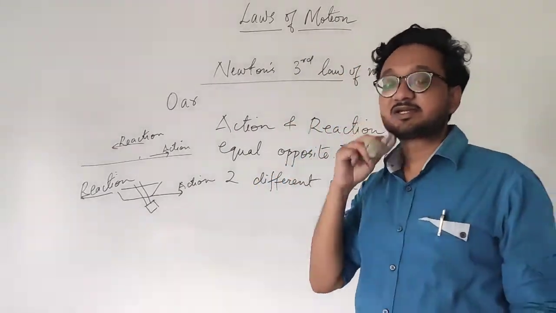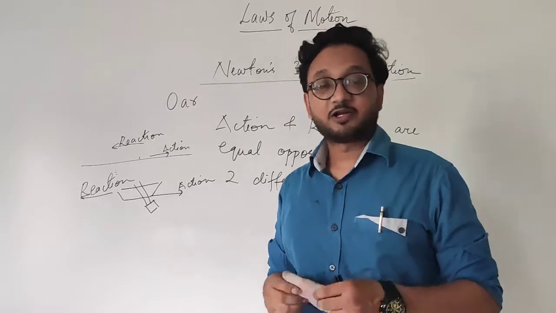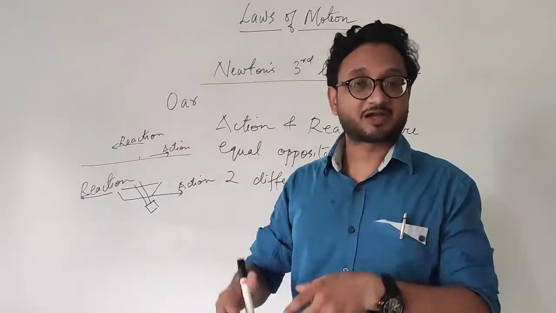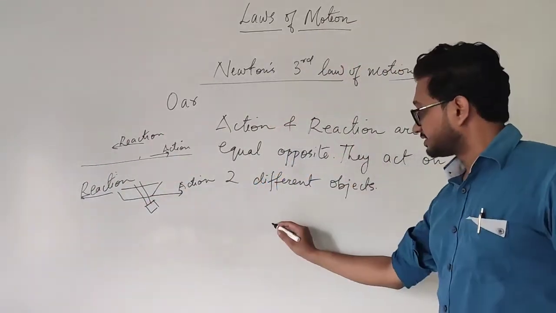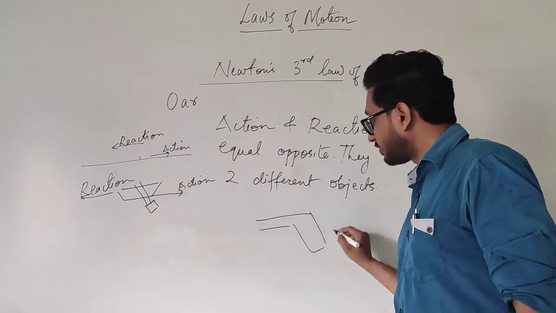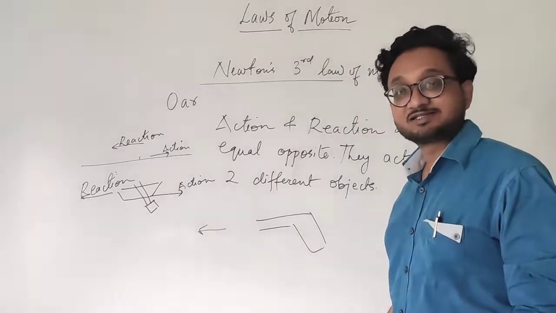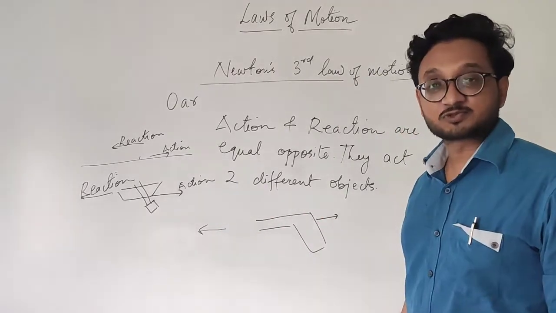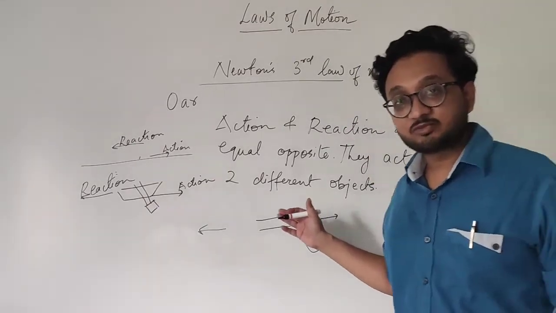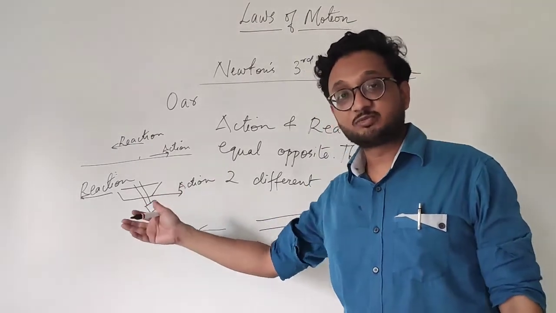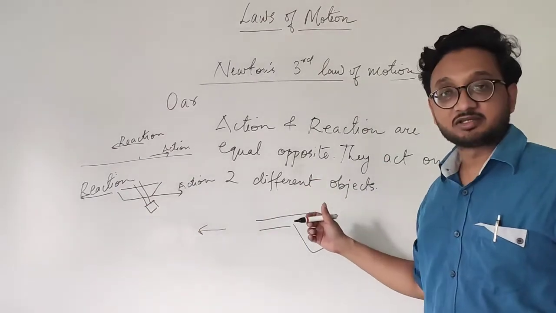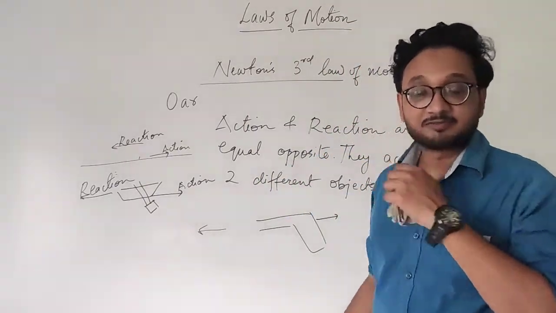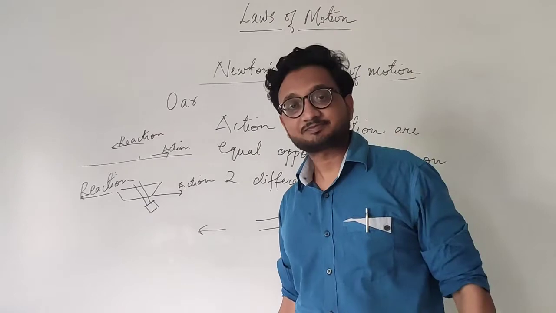The third one is when a gun or a rifle is fired. You might have seen that whenever a gun is fired, it gets a jerk in the backward direction. Whenever a gun is fired, the bullet moving forward is the action. The bullet itself is giving the reaction to the gun. Whenever a gun is fired, the bullet moves forward, that is the action. But when the bullet moves forward, it gives the reaction on the gun in the backward direction. That is action and reaction explained in one example. I hope it is clear to you, students.